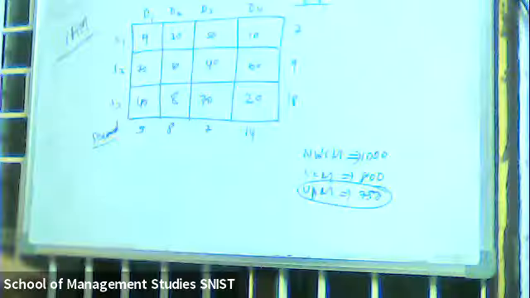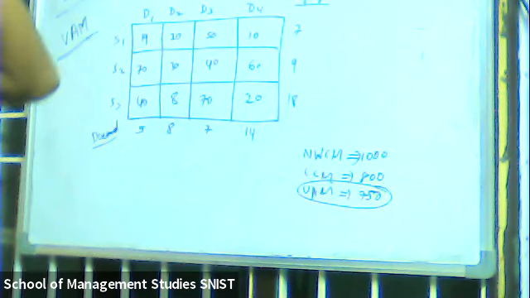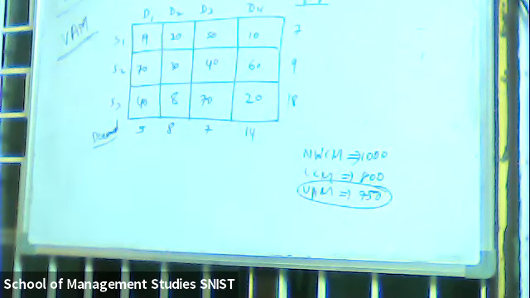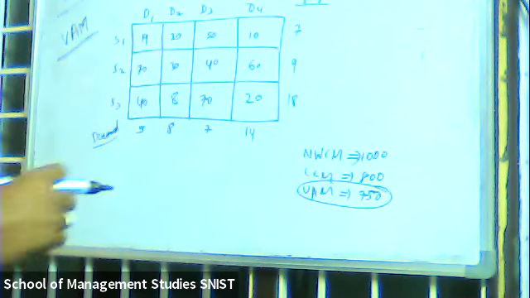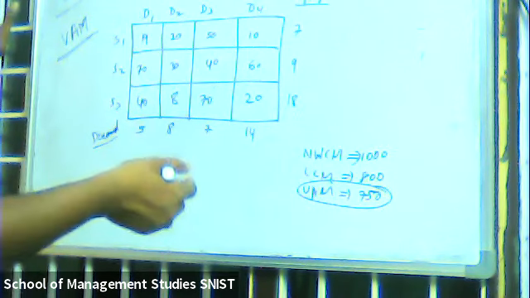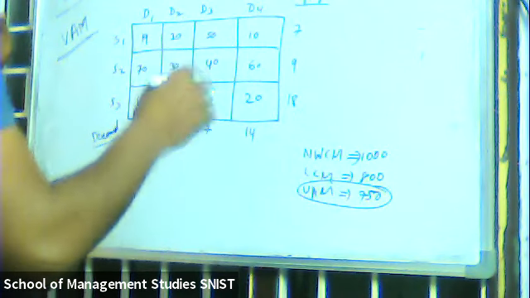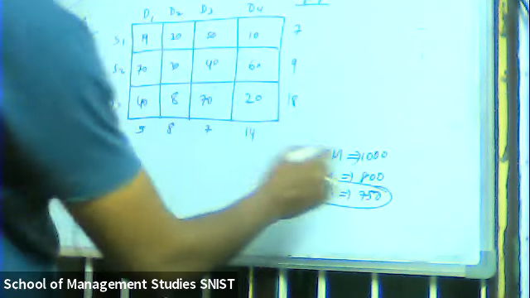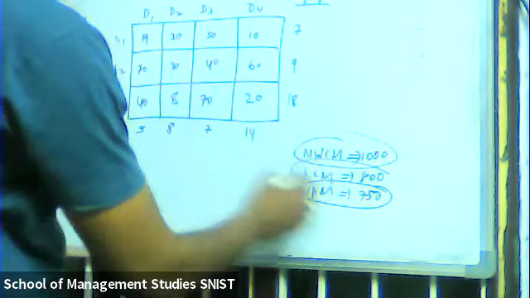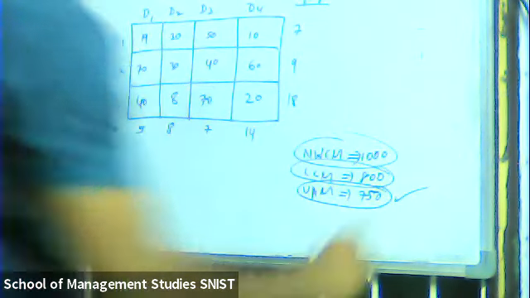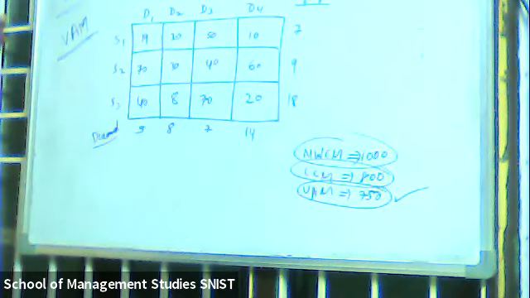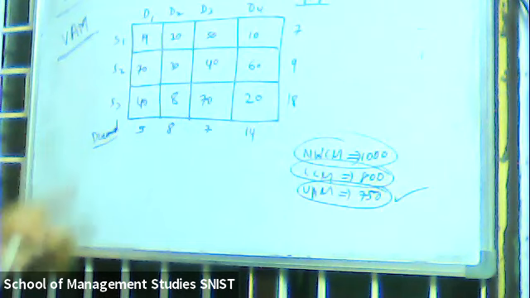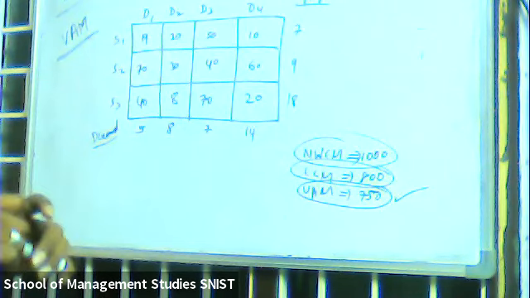750. VAM method is the best. Yes, VAM method is the best one. Suppose they did not ask you, and directly say to you, apply any initial basic feasible solution and show the optimality, then don't go for northwest corner method. Don't go for least cost method. Please apply VAM method itself. VAM method is the optimal method. Under this initial basic feasible solution, it is better to apply VAM method.